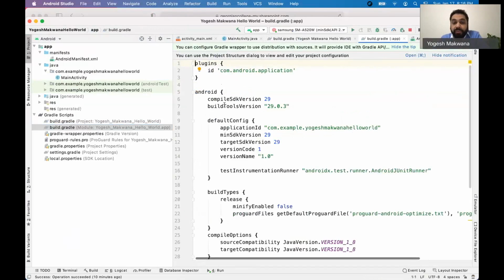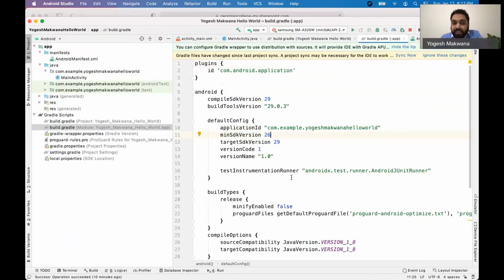Here we've got the specific information we are looking for. See, there is the application ID. This is what the Play Store would read. And if we want to change it, we'd change it here. And this is exactly what is related to the complaint min SDK. We've said our minimum SDK version is 29 and the device is running 26. So if I change this to 26,